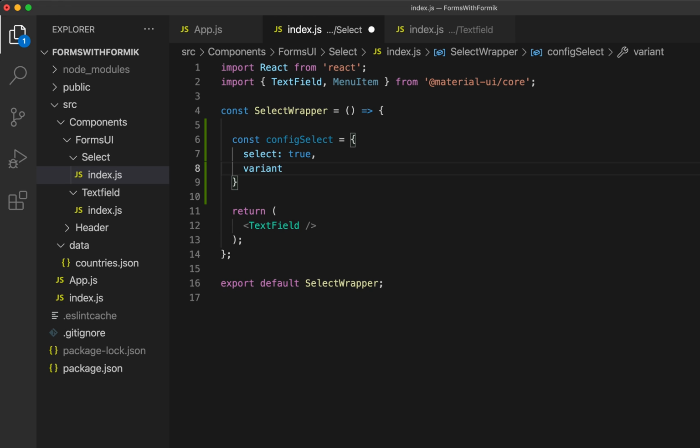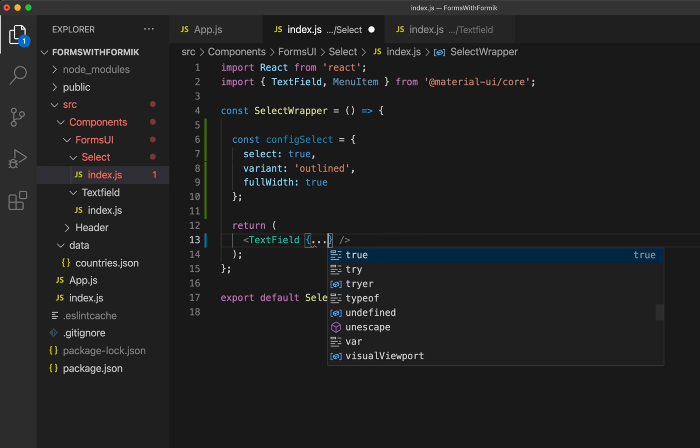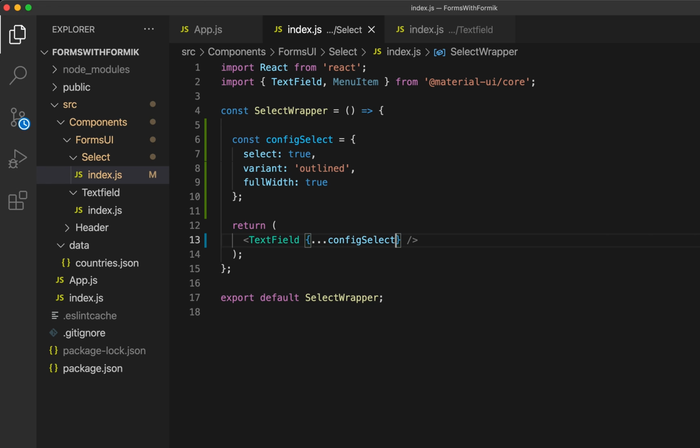The next is the variant that we're going to be using. Again, this is kind of subjective and up to you, but we're using the outlined variant. And then finally, we want to make sure that this is the full width version of the component, so again, we need to set that to true. But then we want to make sure we are passing that to the component itself. Now, the next thing that we need to handle